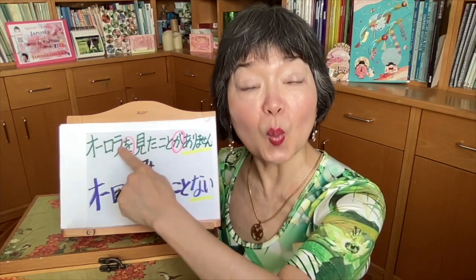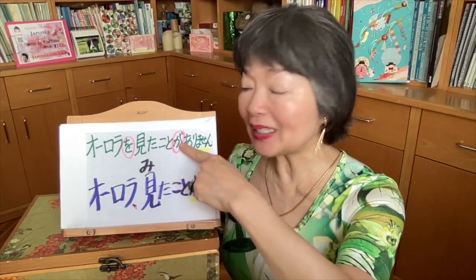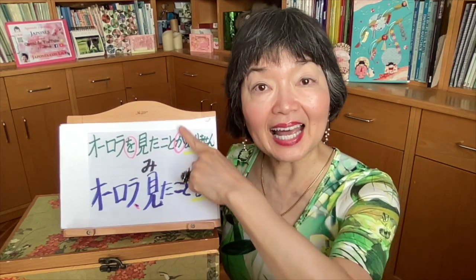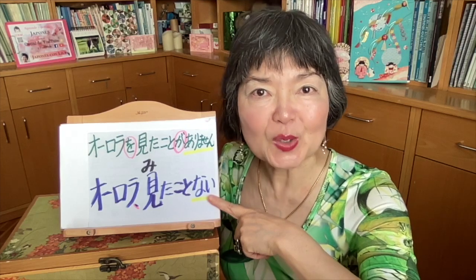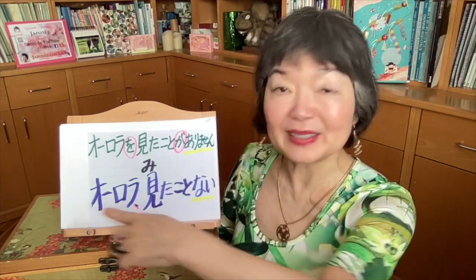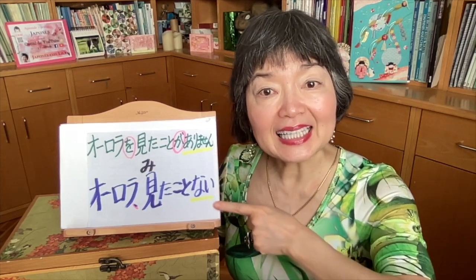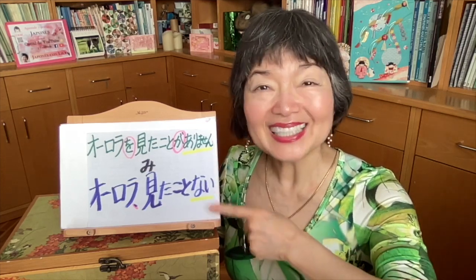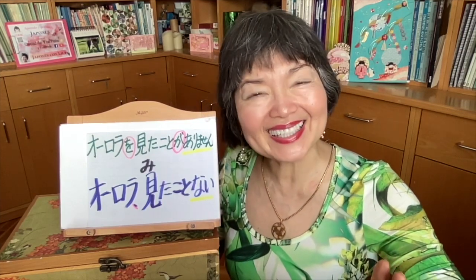The first を I didn't use here. And also 見たことが I omitted. You can say 見たことがない but we usually omit it in the 普通形. And ありません you are going to change to ない。ありません。ない。So オーロラ見たことない。